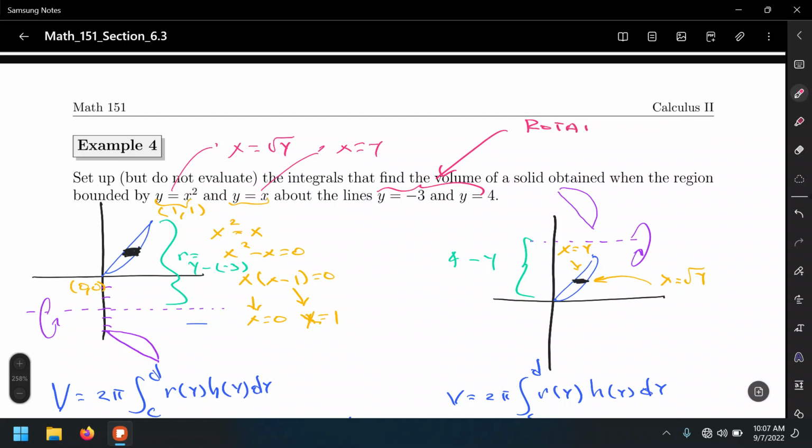Rotations about a horizontal axis need functions of y. Okay,